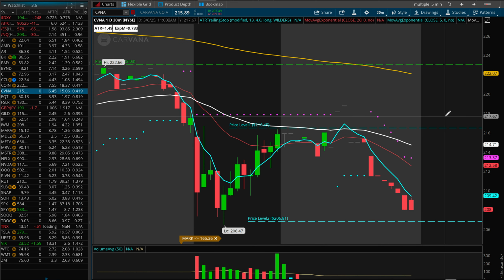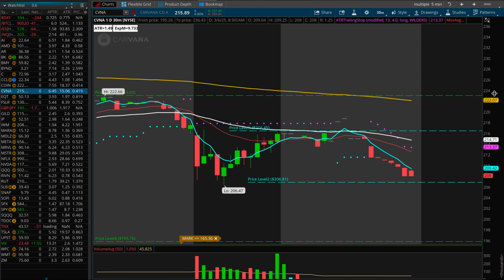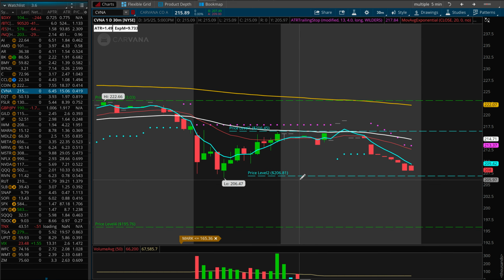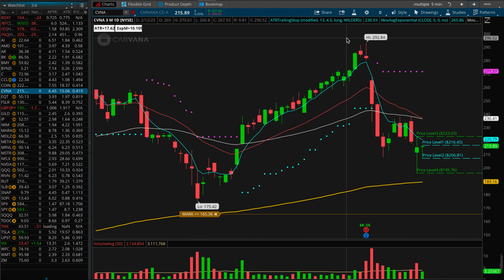Carvana is one that I really like. Carvana just moves interesting sometimes. So we'll add that one for today. If by chance we break above 216.45, the upside target for Carvana is 223.03. Now to the downside, if by chance we break under 206.81, we have a downside target for Carvana at 195.76. So if you trade Carvana today, it is an inside day candle. I say so often, trade carefully, y'all. In the market, anything is possible. Nothing is guaranteed. Carvana normally moves about